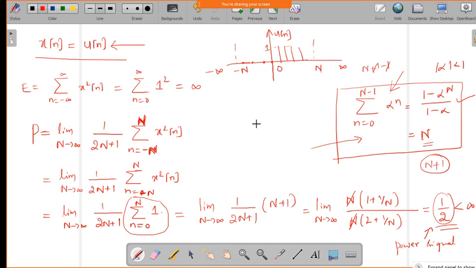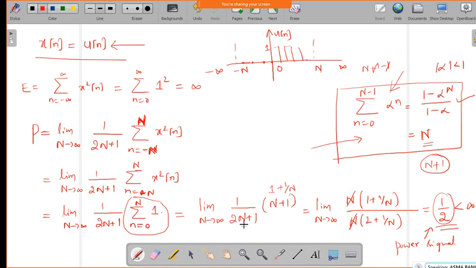So, is it understood? Any doubt? Sir, 1 by 2n plus 1 here, the limit n tends to infinity is there now. Yeah, here n tends to infinity, 2n plus 1 is there, right? In the numerator n plus 1 is there. So now in the numerator I am taking n common. So if I take n common, what will it become? It will become 1 plus 1 over n. Yeah. So that is what I have written in the numerator.